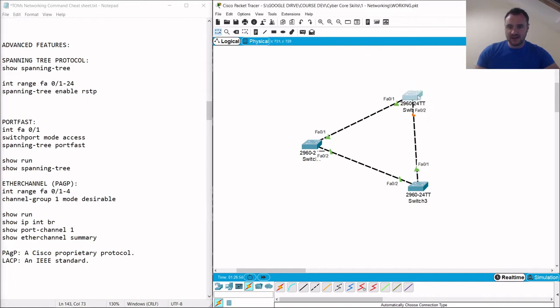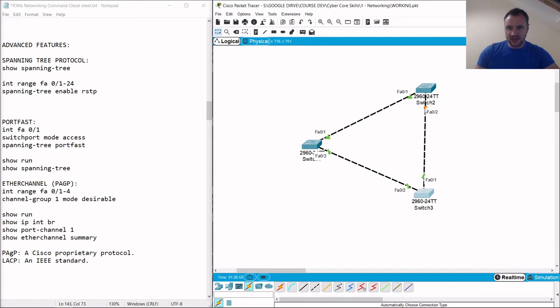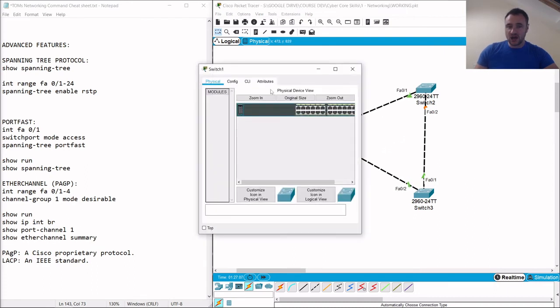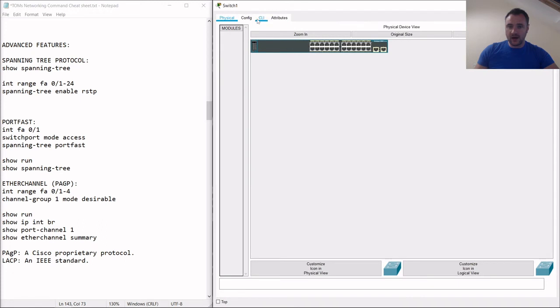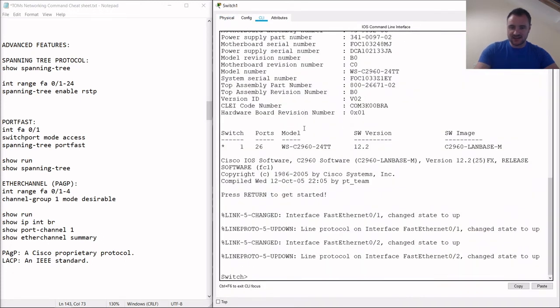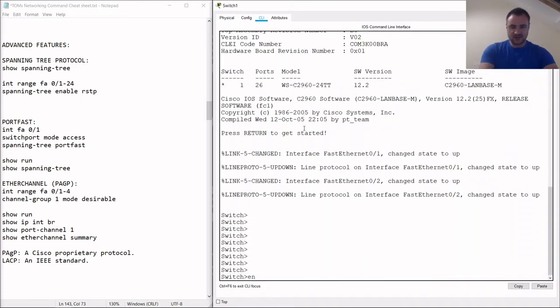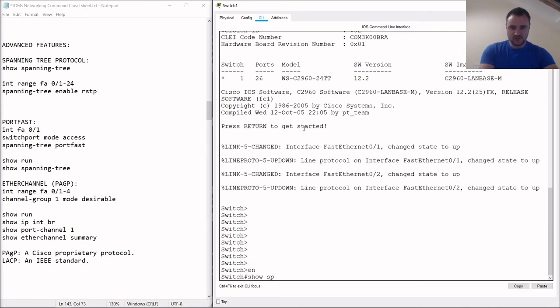We've got 2 active ports. That yellow is a blocker, and we've got 2 coming here. I think this is the root bridge, or the switch in charge for VLAN 1, because these are all blank switches. If I just quickly show spanning tree,